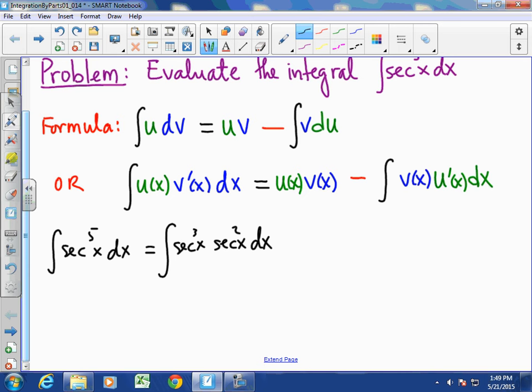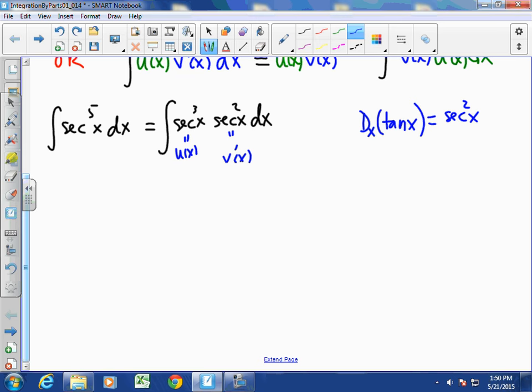Now you may notice that we already know that the derivative of tangent x is equal to secant square x. So that is going to be our v prime of x, and this has to be our u of x. Therefore, we have u of x equals secant cube x, which implies that u prime of x is